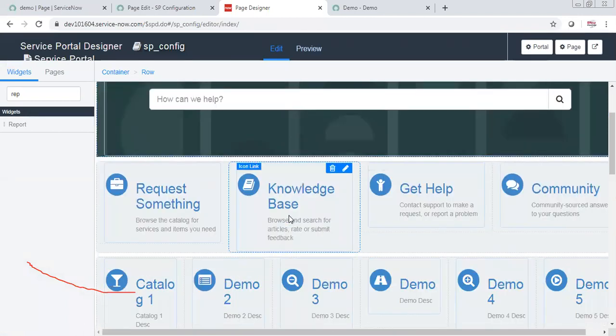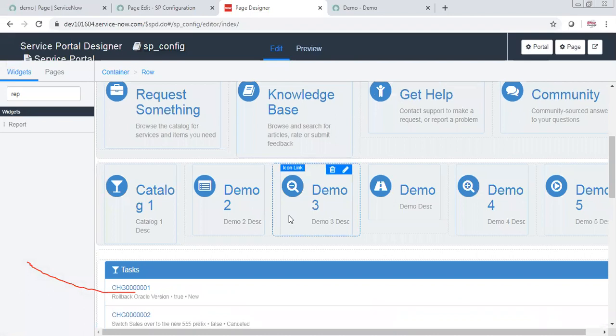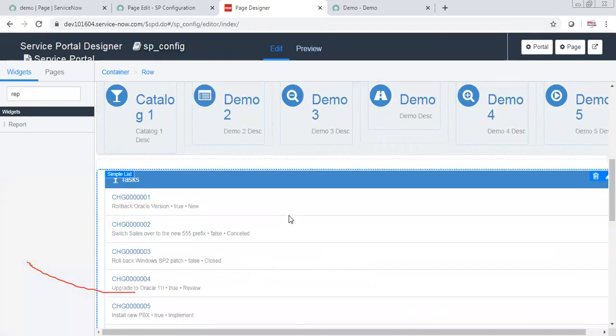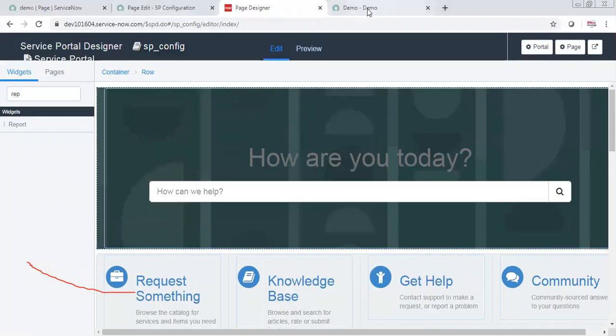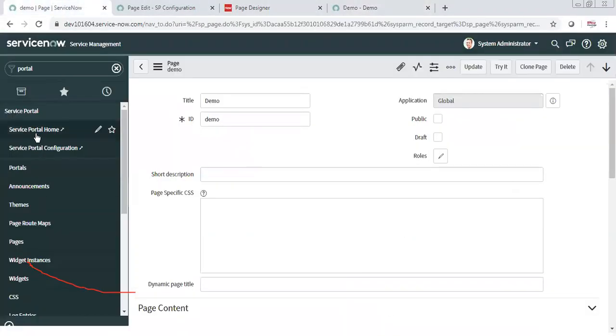So this is the parent page, if I need to say that. Not a parent page, it's a landing page. There is no parent-child relation as such. So this is the kind of landing page. First page, if you go to our service portals,